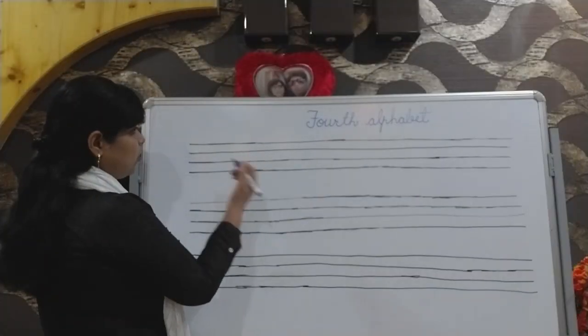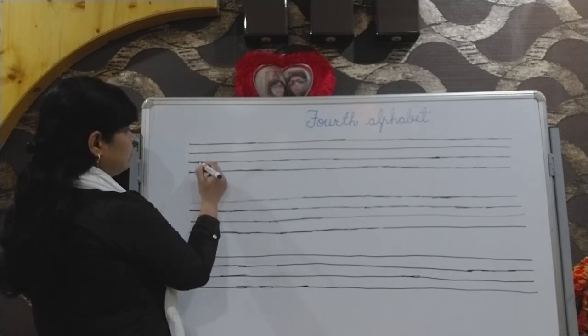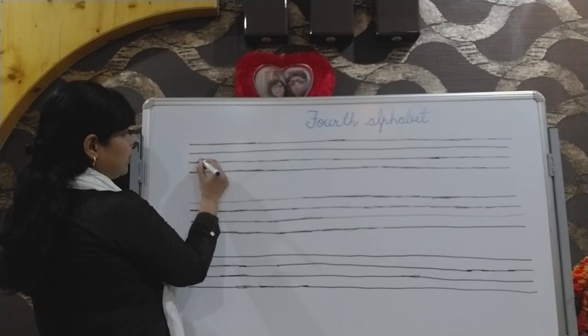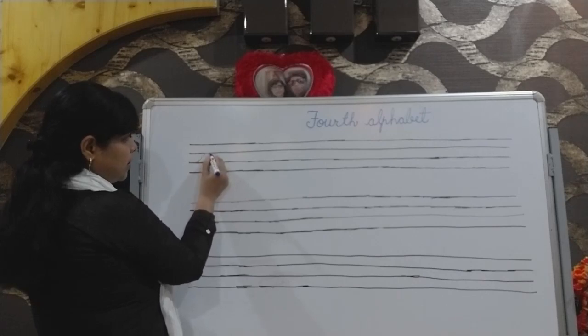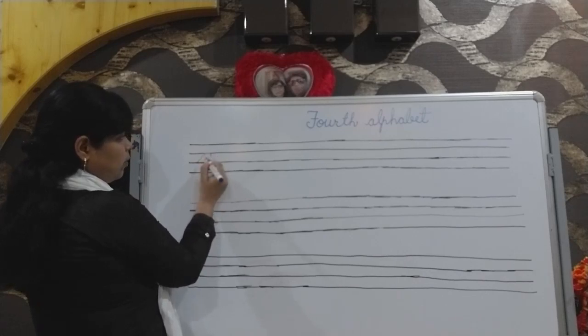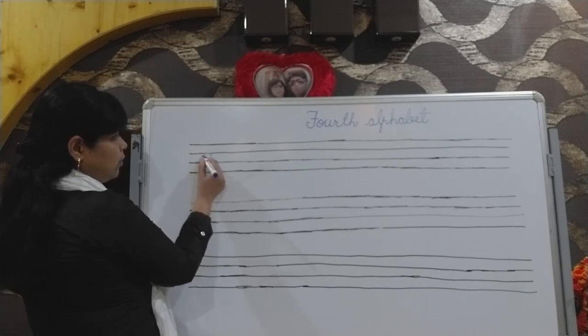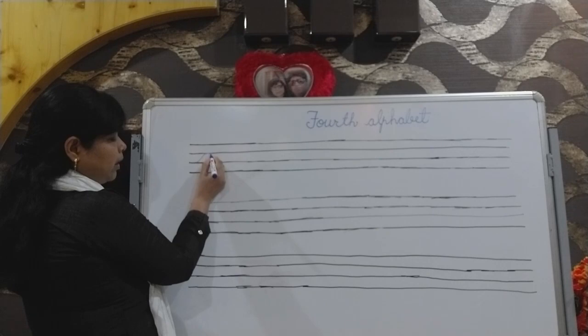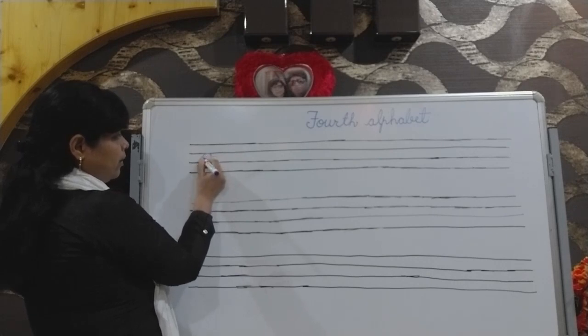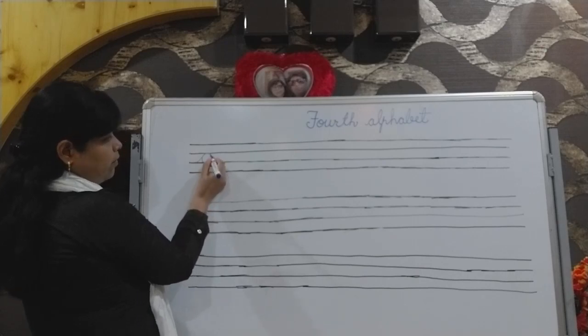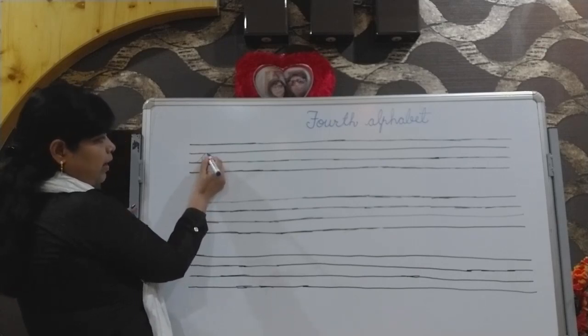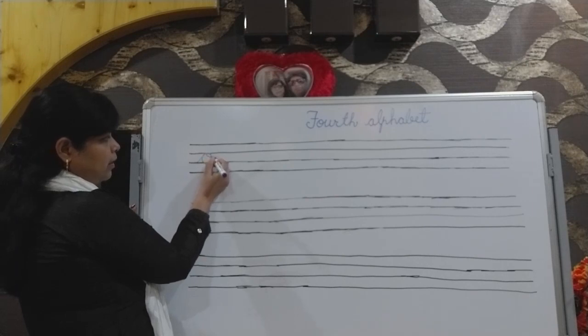Now we will go through O. Now we will start making O. In the same manner in which we started A, we have to write O. From the third line we have to start. We should go upward. In the middle line only we have to draw. Then move back. We have to make a full circle. From here we have to move inside, and O.